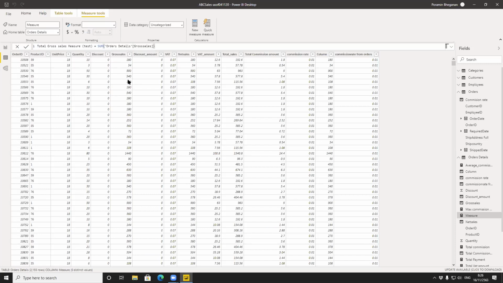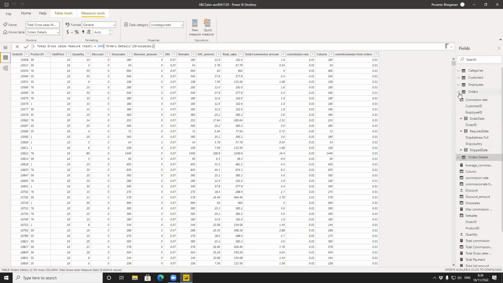So you can see that once you press enter, there is a difference between a measure and a column, because in a column, if you press enter, it processes the sum of the gross sales in the table. But if you have a look, you don't see any measure in the table, because I told you already that a measure has just one value. That's why it doesn't put that same value in every single row. But the difference is that when you go to the right hand side to see the list of columns or fields that you have